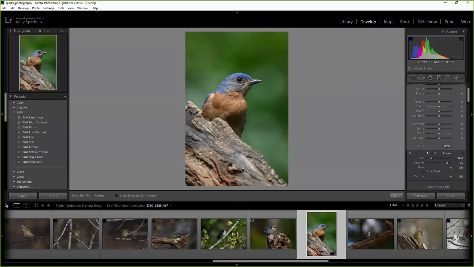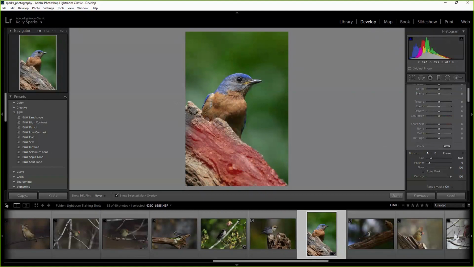There's a couple of ways you can actually see what you're selecting. One is you come down here and say show selected mask overlay, and you pick that, and it's going to highlight in red basically everything I selected. And you can see there's this feather, where it's kind of deep dark and then it slowly fades. But I'm trying to get a pretty hard line on this perch here, and I don't want it to go overboard. So what I'm going to do is pull the feather way, way back, and I'm just going to